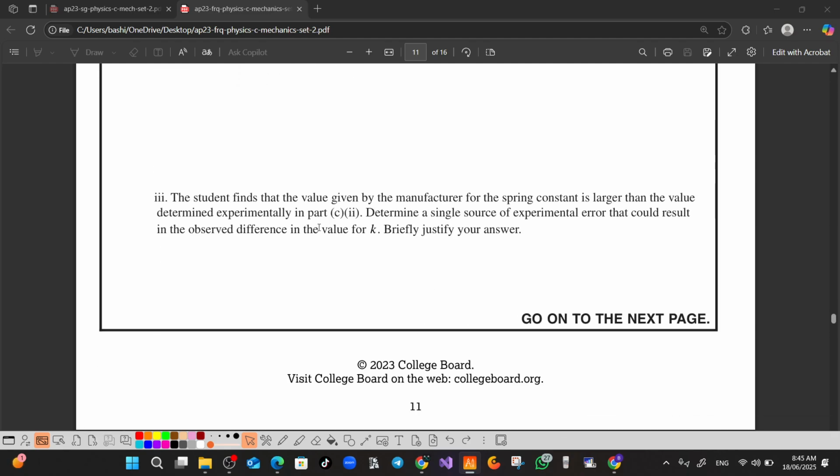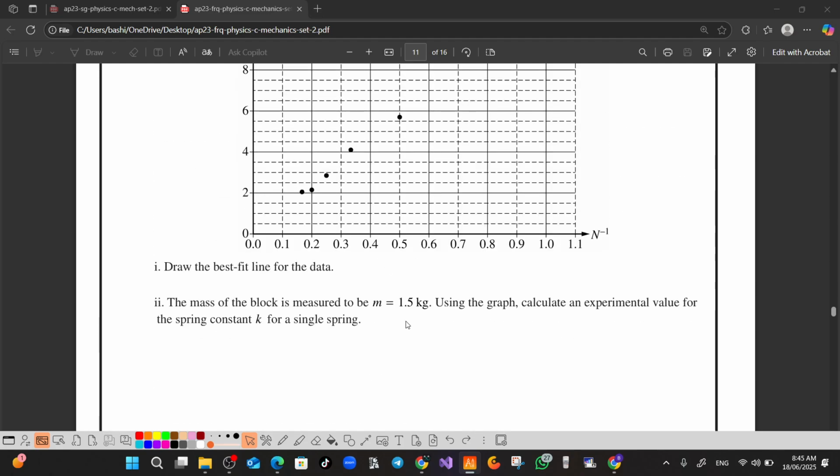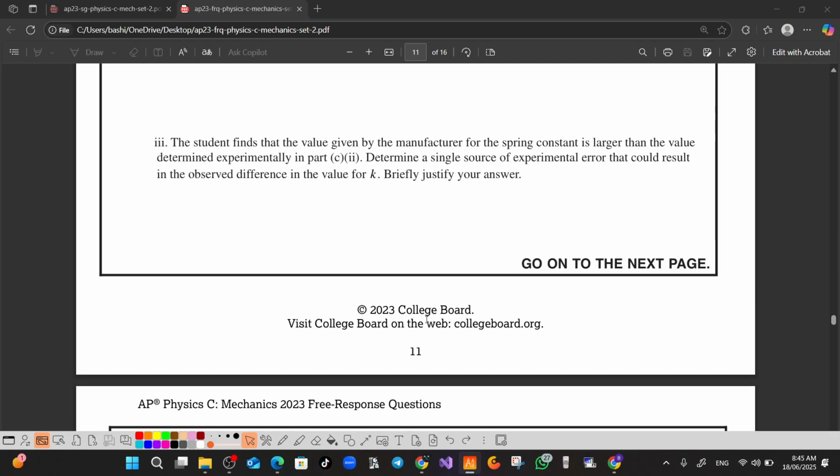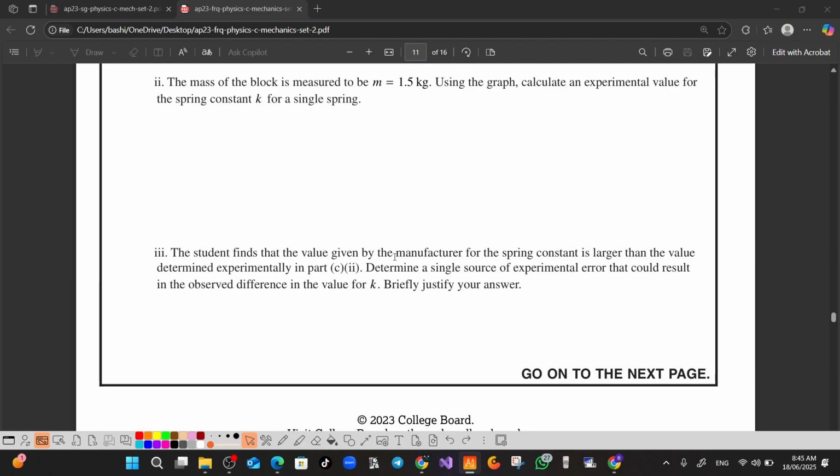The student finds that the value given by the manufacturer for the spring constant is larger than the value determined experimentally in part C. So we found that the value of the spring, which is 5.07, is much larger than the value provided by the manufacturer. Determine a single source of experimental error that could result in the observed difference in the value of K. Briefly justify your answer. Let me remind you that we have calculated the value of K based on the period, and the period is given by 2 pi